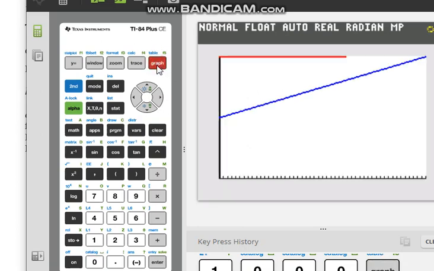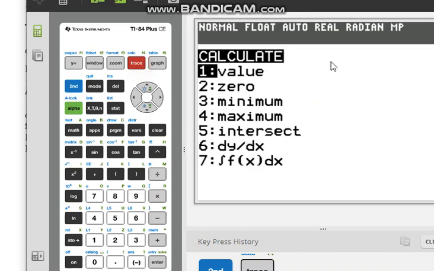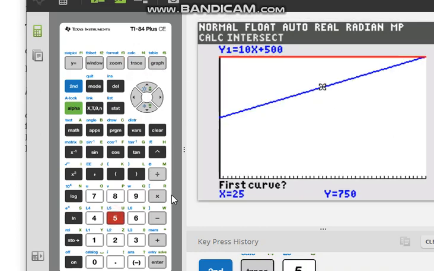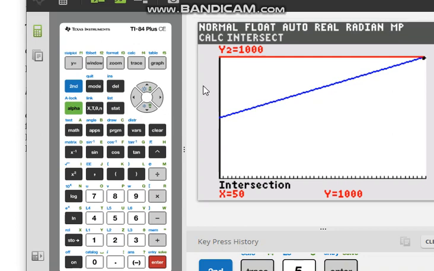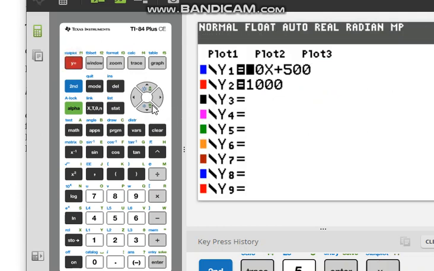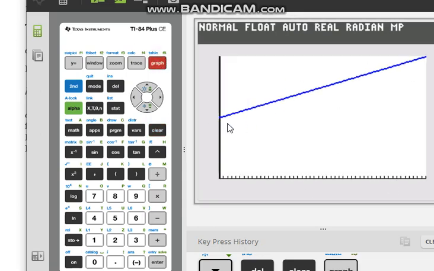And then graph. You may need to adjust your window just to make sure you can see where the graphs intersect. Okay, and so once I find this intersection, okay, it occurs when x is 50. Okay, so now I can really focus in. I'm just going to clear out Y2 and look only at this region of the graph,